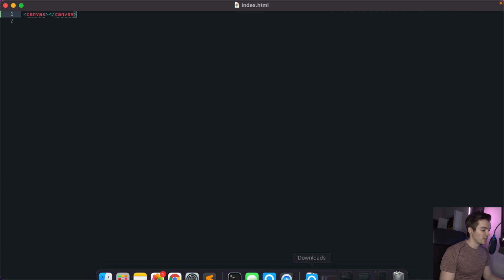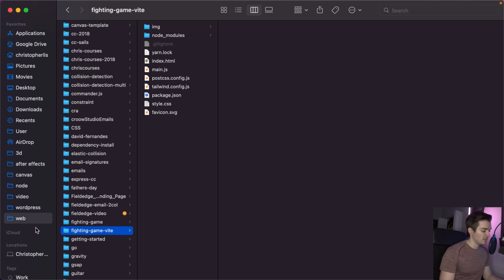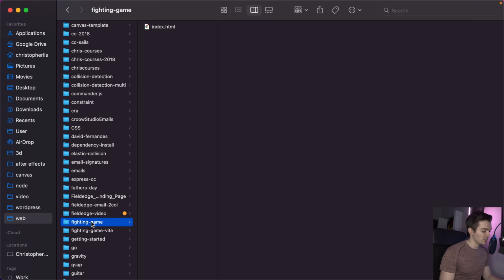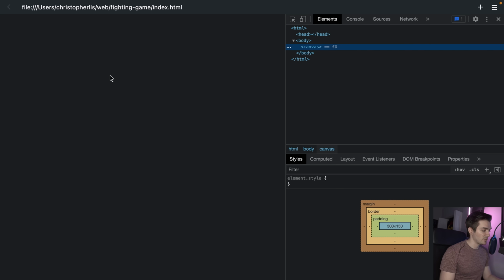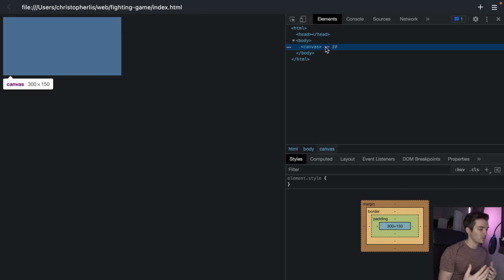So to open this within a browser, we can go to Finder, and then go inside of our web directory, specifically the folder we just created, which is going to be fighting-game. And this is the file we just created, index.html. So all I need to do here is double click it. Now we have it opened up within a browser. So if I go ahead and inspect this element, by right clicking and hitting that Inspect Element tab, you'll see we have a canvas within our browser and all the HTML elements, which are pretty much put in there by default thanks to Chrome. So we have our canvas element within our HTML, but now we need a place in